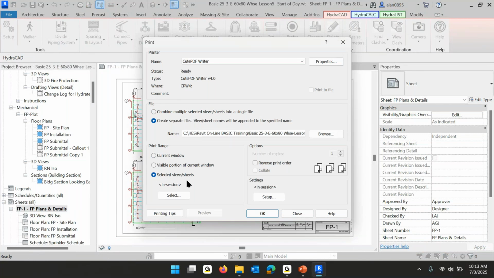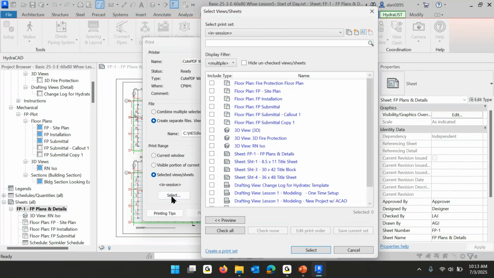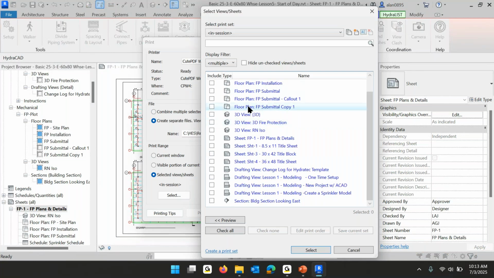So selected views or sheets, then I'm going to go to select, and I'm going to scroll down to FP1 and check mark that. I could print a blank 8.5 by 11 and a blank 30 by 42, but these ones are 24 by 36. I'm going to print that. So I pick select,